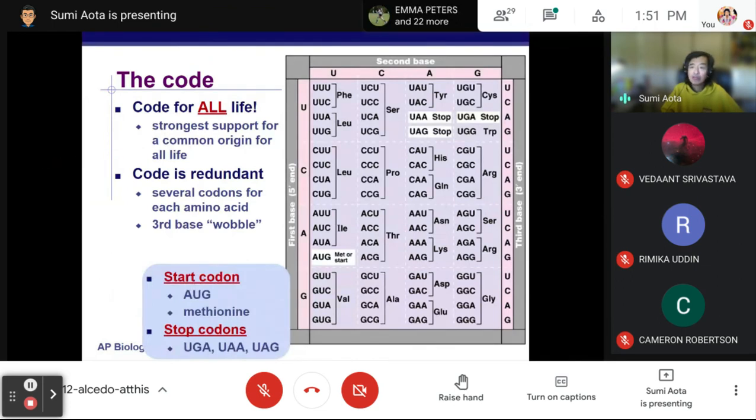Okay. Now, Grant's question about AUG. AUG codes for the amino acid methionine, but AUG is also something called the start codon. In about, I think it's between 95 to 99% of the genes in the human genome, AUG is the sequence you find at the beginning of the gene. It's like capitalizing the first letter of a sentence. It tells you where the gene begins. So for the most part, whenever you're starting a gene in a human, you're looking for the sequence AUG. You also have 3